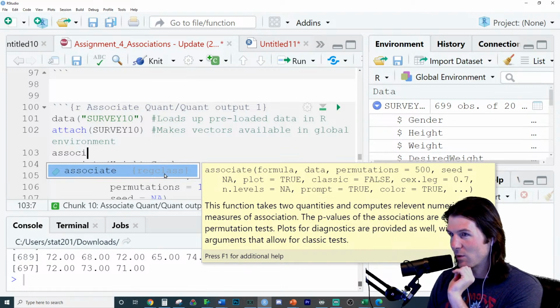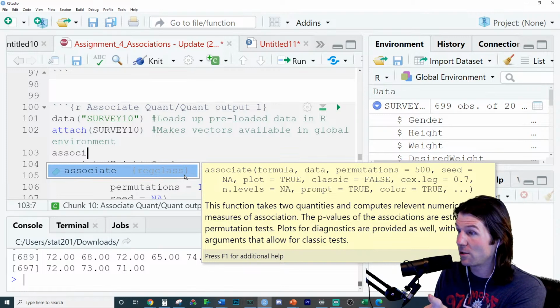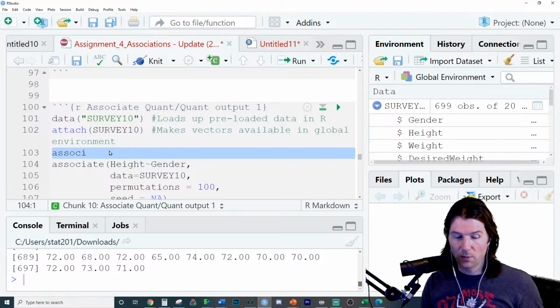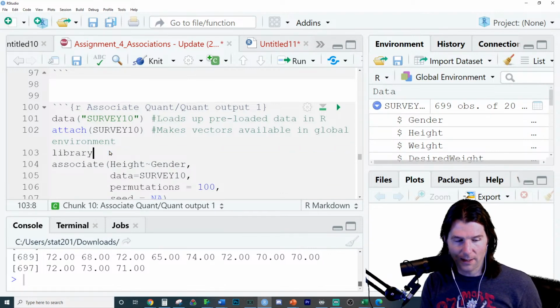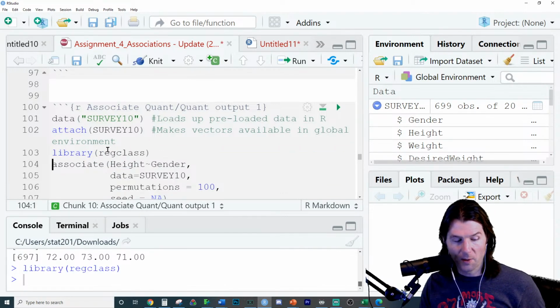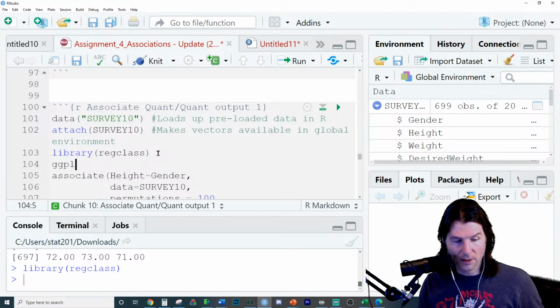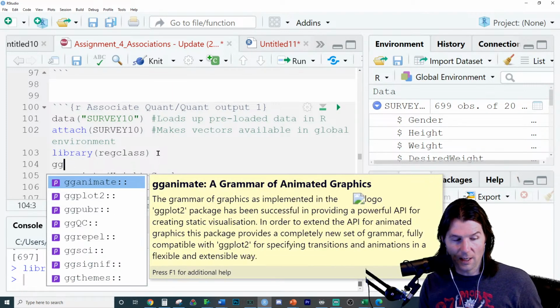So where is the associate function located? If it says it can't find function associate, why is that? You have to load in reg class. The way to load in libraries, which is at the start of this file, is you have to load the library reg class, and that will load up the reg class library. So like if I want to use something like ggplot, you see I can't right now